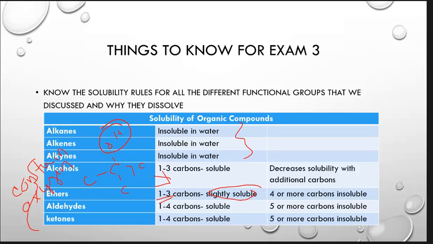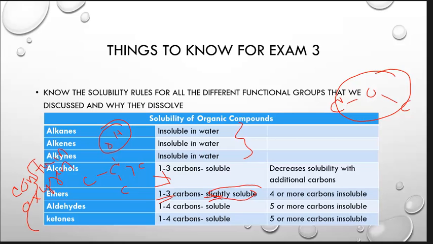It has an OH group here, whereas an ether has another carbon here. The hydrogen bonding is less here. Hydrogen bonding comes up over and over and over, and even into biology. So because of that oxygen, it does do a little hydrogen bonding, but not a whole lot, which is why